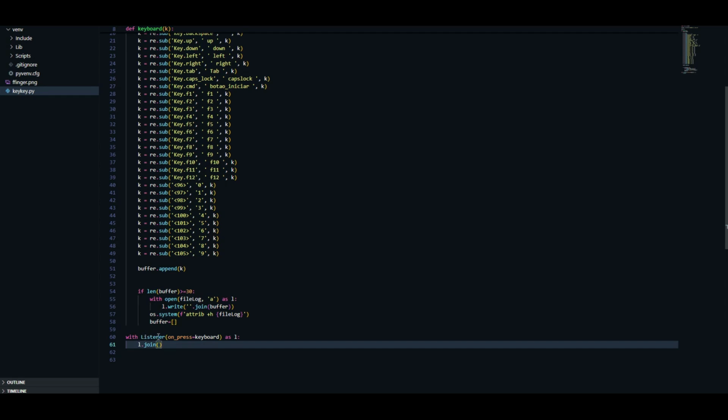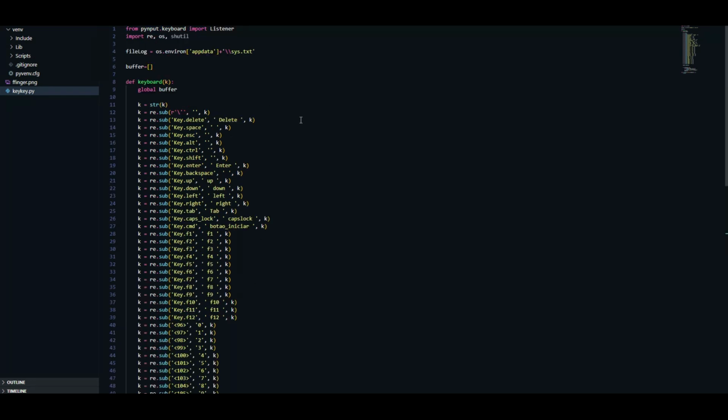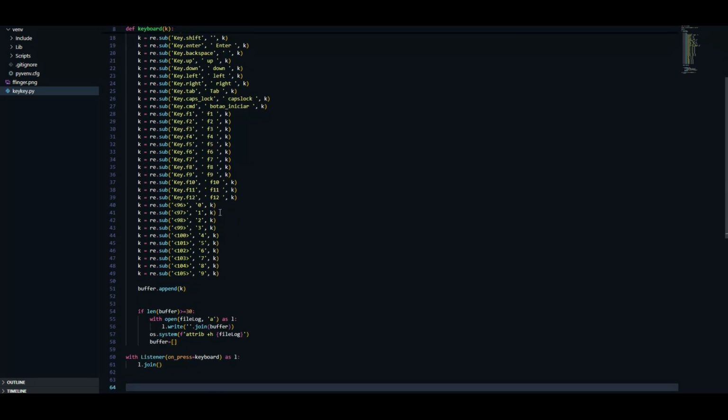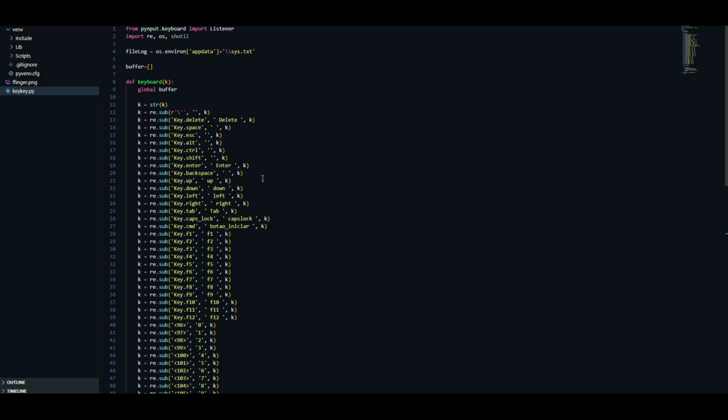So this method is saving the keyboard. So the Python is already working and saving the file on the sys.txt